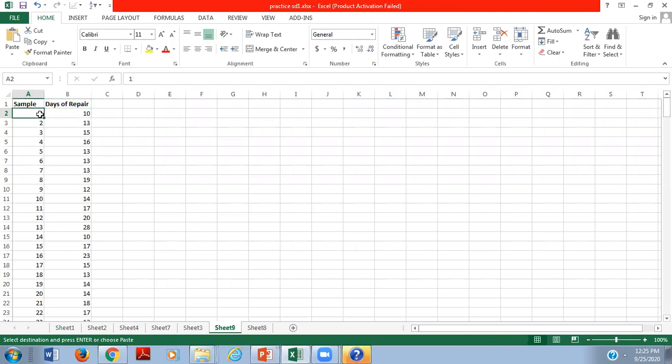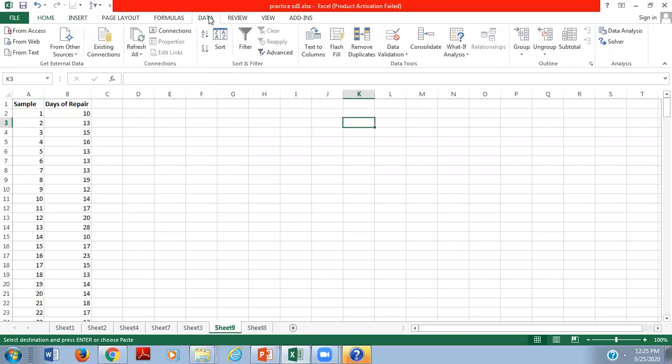So the first sample's repairing work was completed in 10 days, and the second sample in 13 days. Like this, we have noted down the repair days of 250 computer repair samples. Now we're going to judge in a more accurate way through a histogram, right? So what is a histogram?